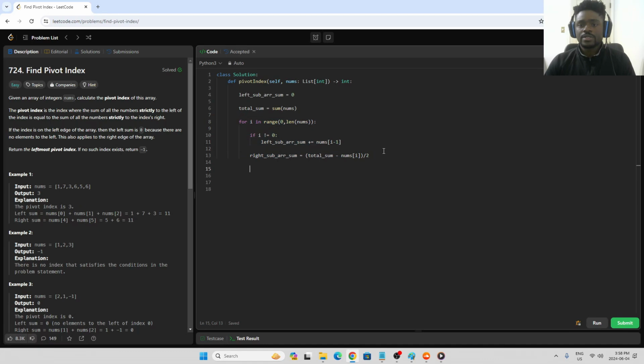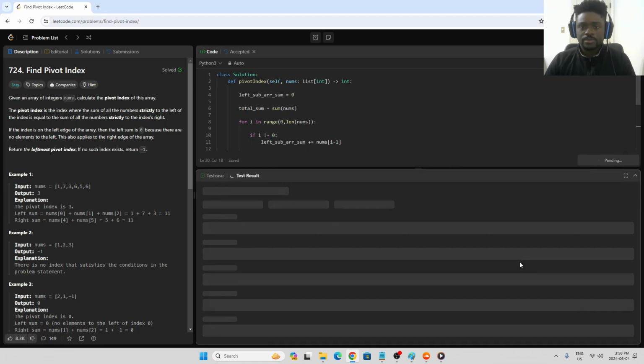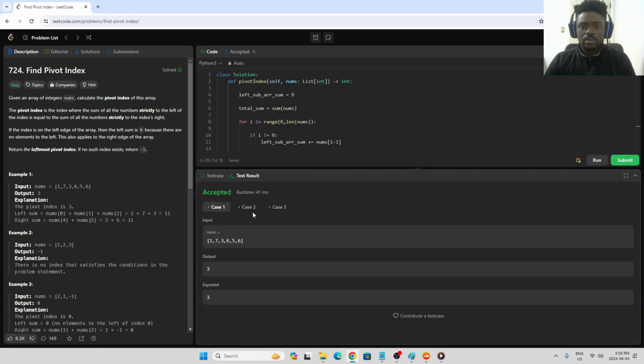And once we have this, we can just say if at any point in time our left subarray sum is equal to our right subarray sum, then we found the pivot index, and we can just return that particular index. Now in the case that we never find that particular index, we just need to return -1. Let's run this code and see how it works. So this passes all the test cases here. If I submit it, see if it's accepted,